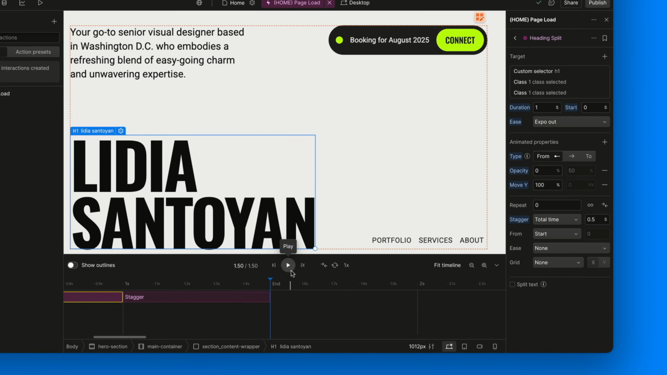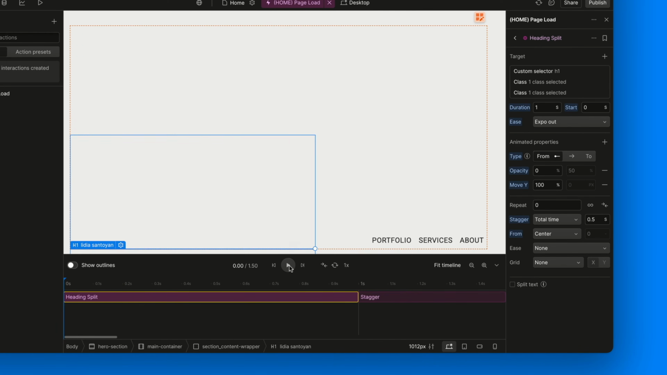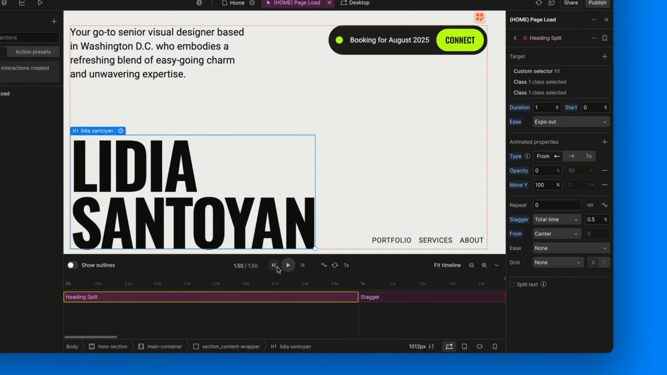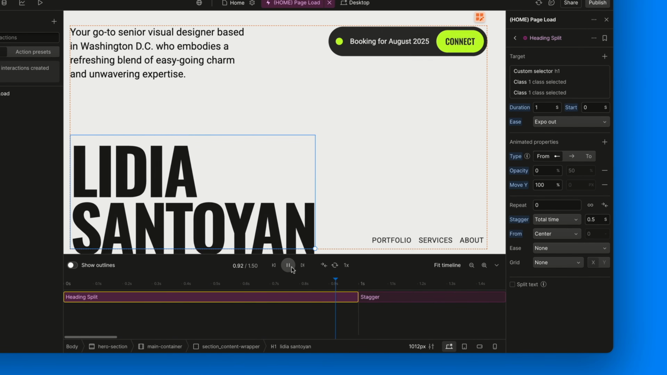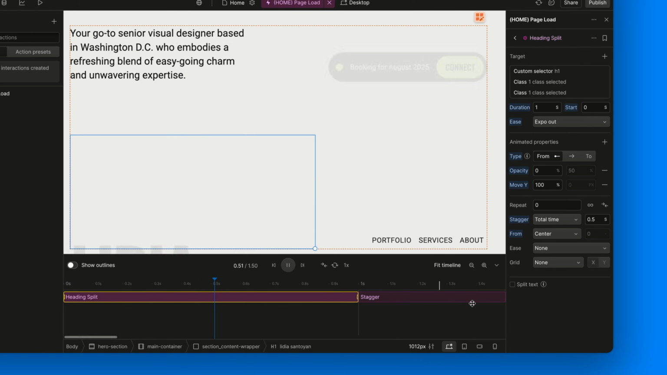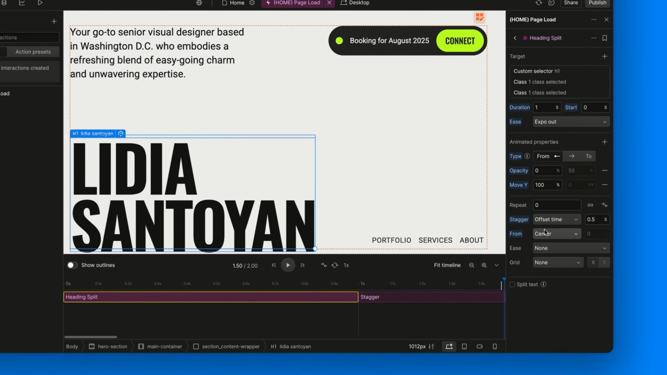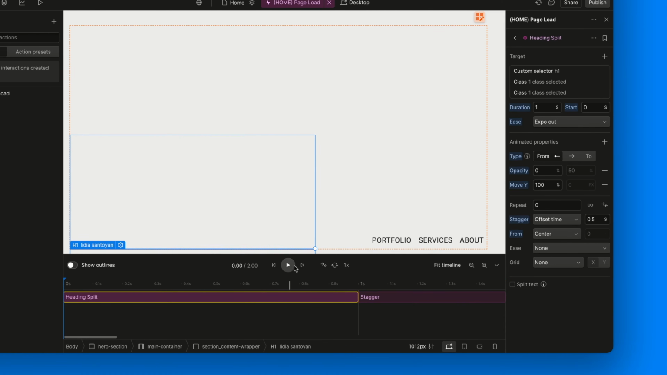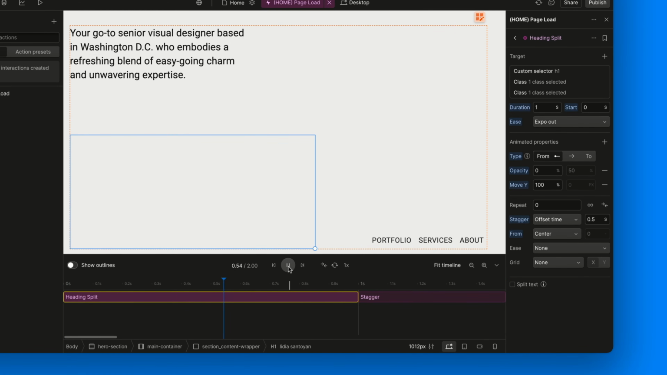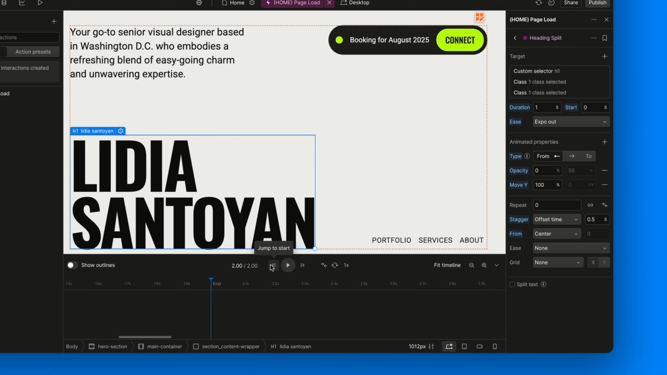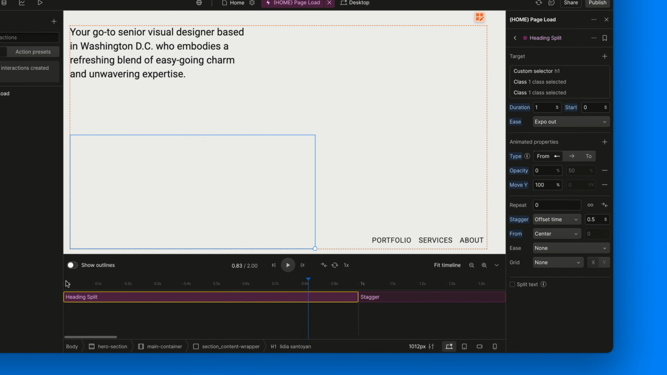But if we change it to center, things change. The middle element animates first, in our case the second one, followed by first and third simultaneously. Using offset time with center, you'll notice something interesting. The first and the third elements animate 1 second after the middle one, even though our offset is set to